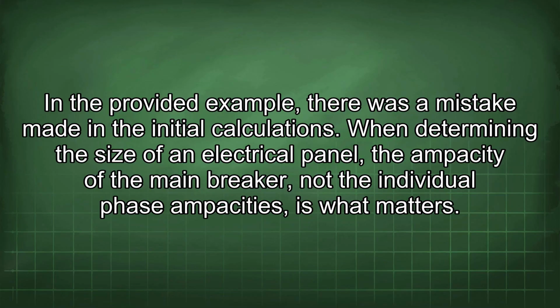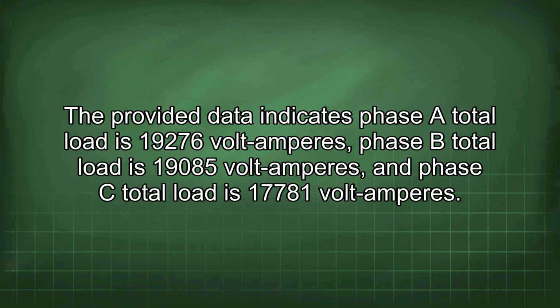In the provided example, there was a mistake made in the initial calculations. When determining the size of an electrical panel, the ampacity of the main breaker, not the individual phase ampacities, is what matters. The provided data indicates phase A total load is 19,276 volt-amperes, phase B total load is 19,085 volt-amperes, and phase C total load is